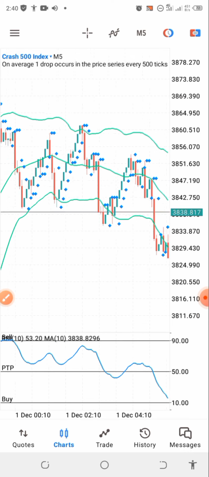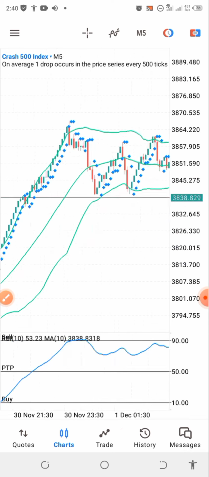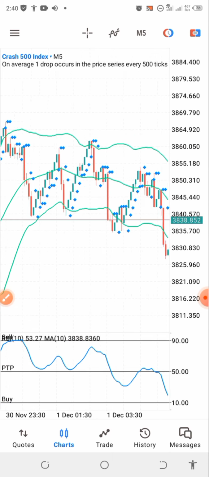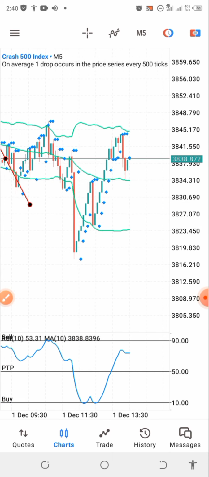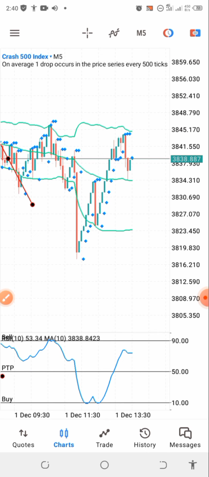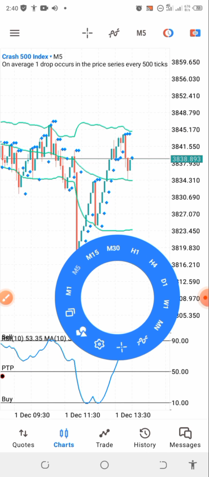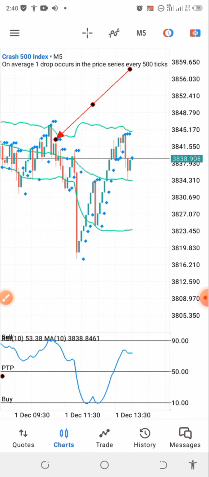Now for a sell trade, you want to go for a sell. Now I want to see a clear confirmation, clear entries. So for a sell, you want to see clear entries. Like this one you are seeing right here. So now you can see the price move back to this area right here, moving to this line right here. When it moves to this line, you can see the parabolic SAR moving above it. Sorry, the parabolic SAR is moving below, which you can see right here. It's moving below. Now it's moving above it right here.